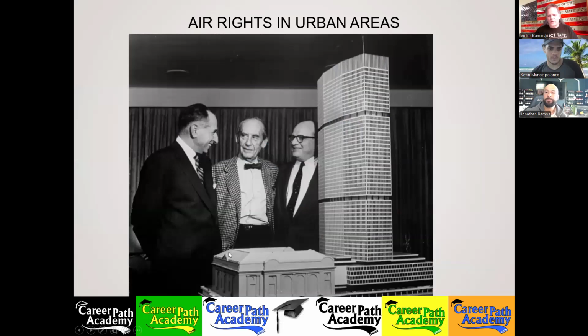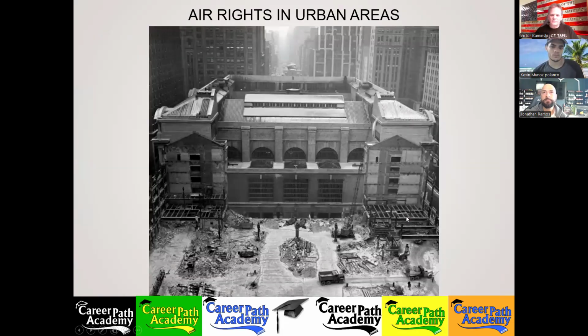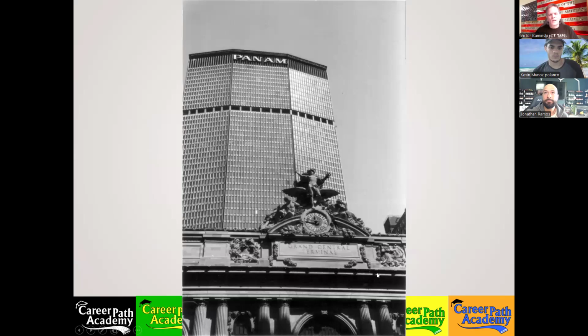Here's a better view, a cutaway. Here's that big entrance to Grand Central Station. And then it goes beneath the surface where all the trains are and such. And then you have the MetLife building standing above it. Well, at the time, this was the Pan Am building. See, this is the way it used to look. Then they tore down this portion here so that they could build the foundational supports for the MetLife building where it stands today. And then there's where the escalators are going down. There it is with the Pan Am logo on it.